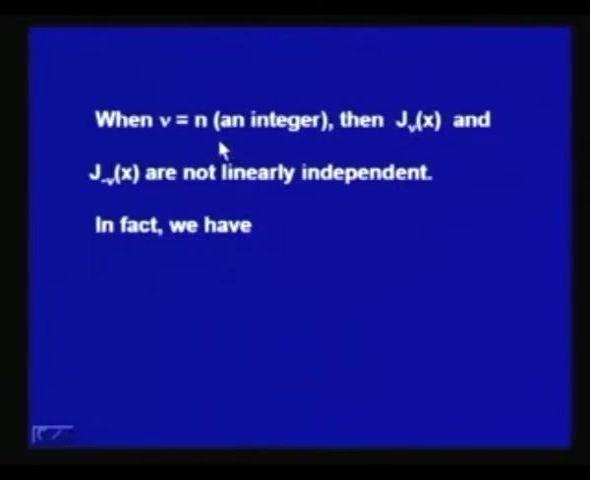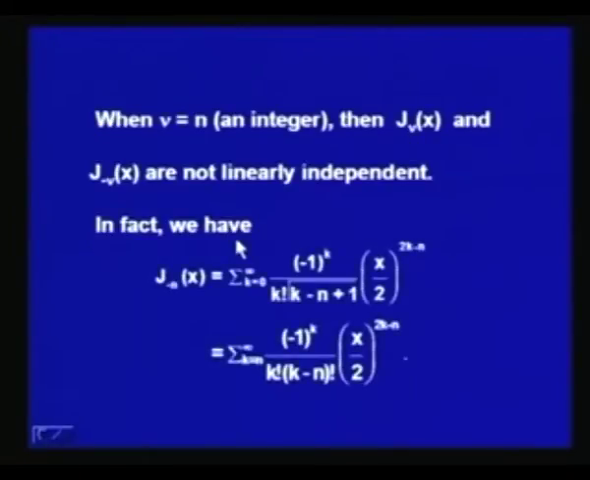When nu is equal to n, let us say an integer, then J nu x and J minus nu x are not linearly independent. We are going to show that in fact J minus n x is equal to minus 1 to the power n J n x. Let us find the value of J minus n x. J minus n x can be written as sigma k equal to 0 to infinity, minus 1 to the power k over k factorial gamma k minus n plus 1